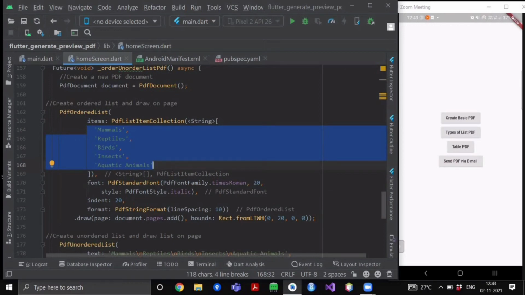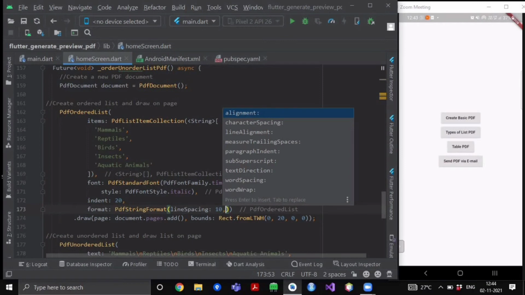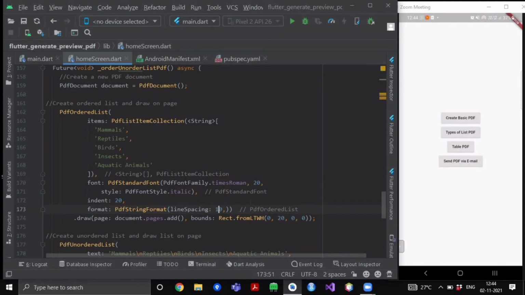Again the font, indent and format remain the same. You can explore the rest of the attributes of this particular PDF format, like line spacing, or you can say the alignment, character spacing, measure trailing spaces, paragraph indent, word wrap, and so on.